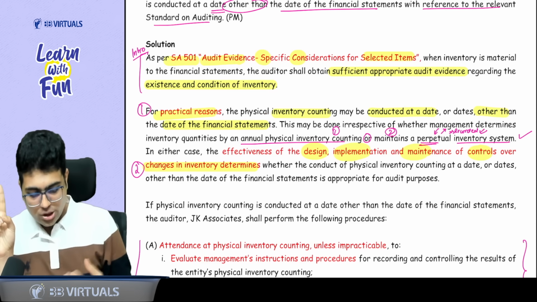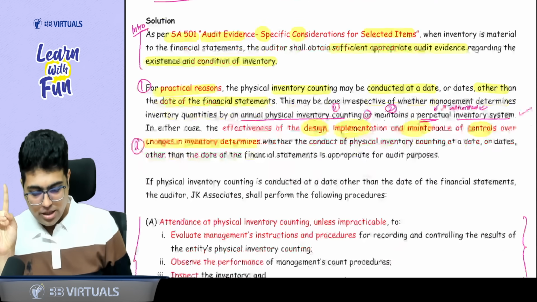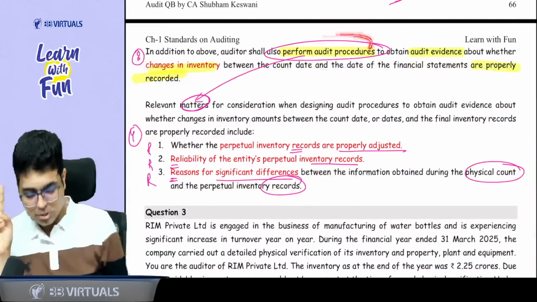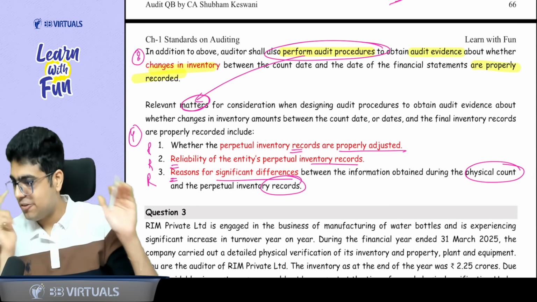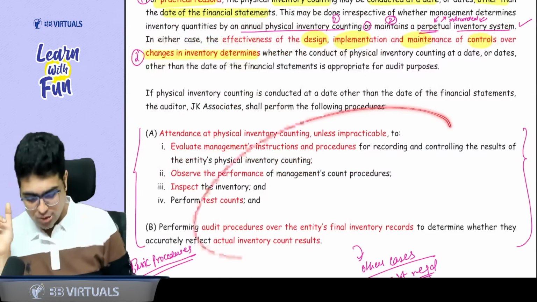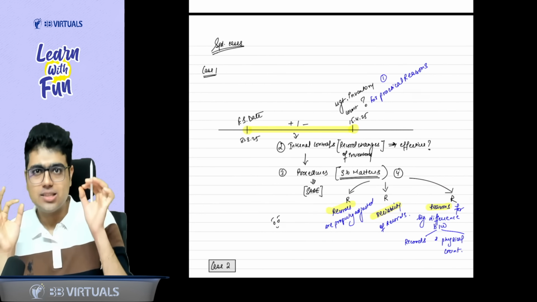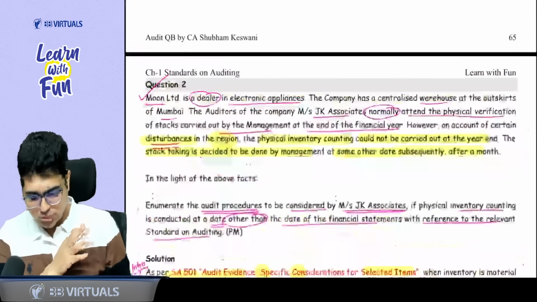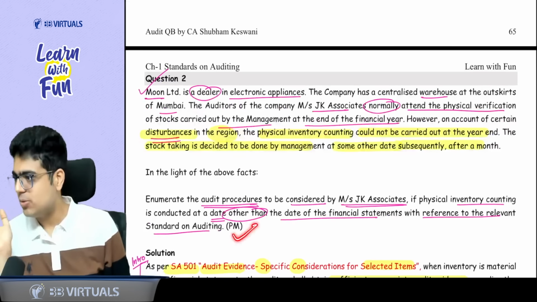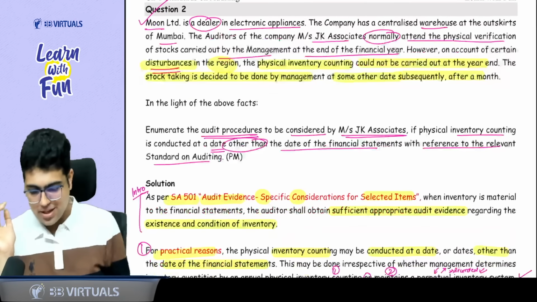Second thing, we want to test the internal controls, whether the changes are properly recorded. When you want to test the internal control, you perform the procedures. While doing this procedure, you consider three matters, RRR. This is how you properly frame your answer. First of all, you write the basics. Then you write these points of special case that I just taught you. Clear, boss? Clear, sir. This question was asked long back in your practice manual, can be repeated in exam, so you should be thoroughly done with it.